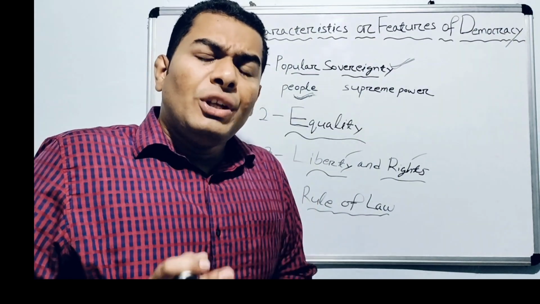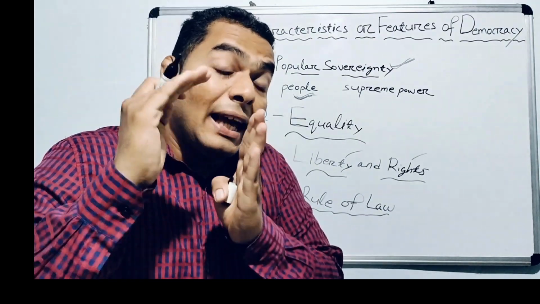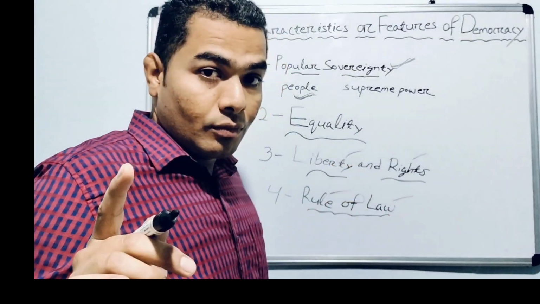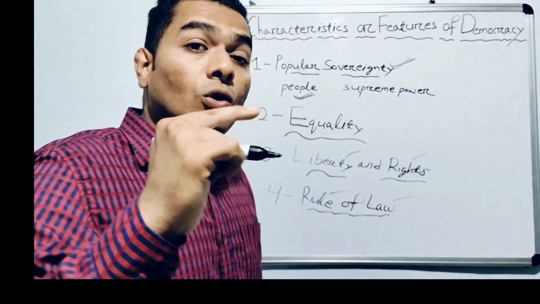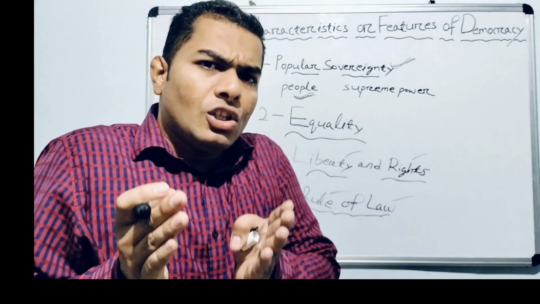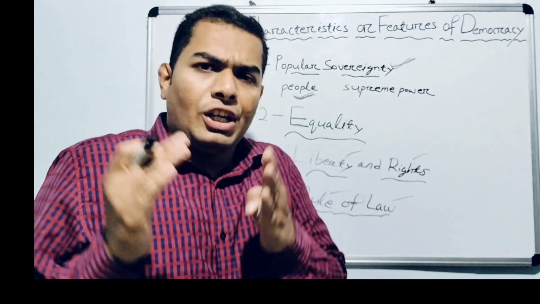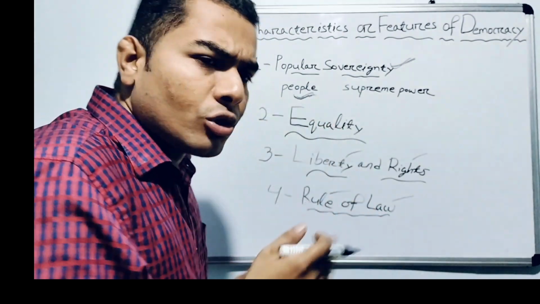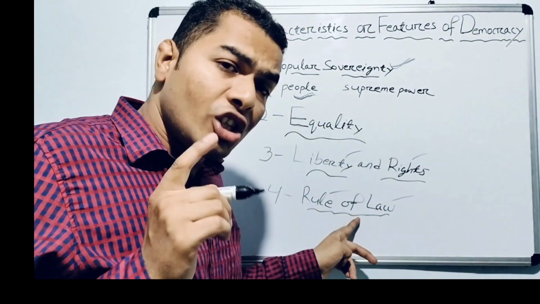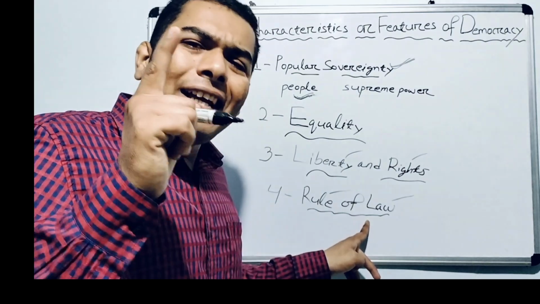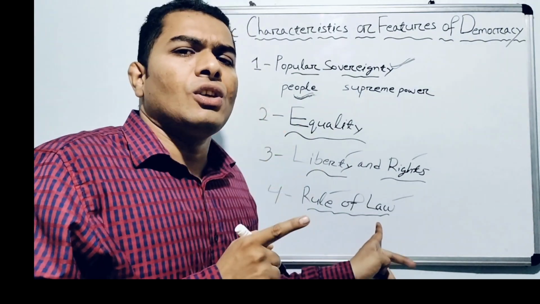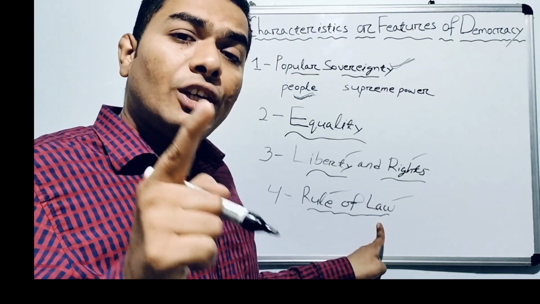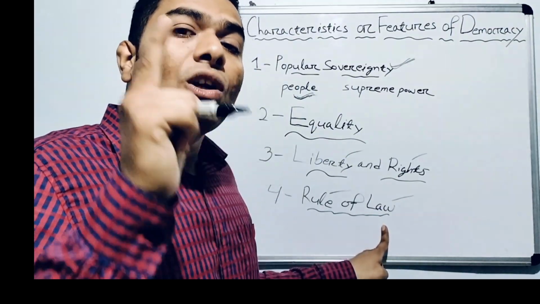Rule of law means in democracy, everything will happen according to law, according to rule, not by anyone's own consent or own will. Because here there is no dictator or autocratic ruler. Okay, here we have constitutions. We will find constitutions in democracy. And every process and every activity of the government and of the state runs according to what? According to constitutional rules and law.